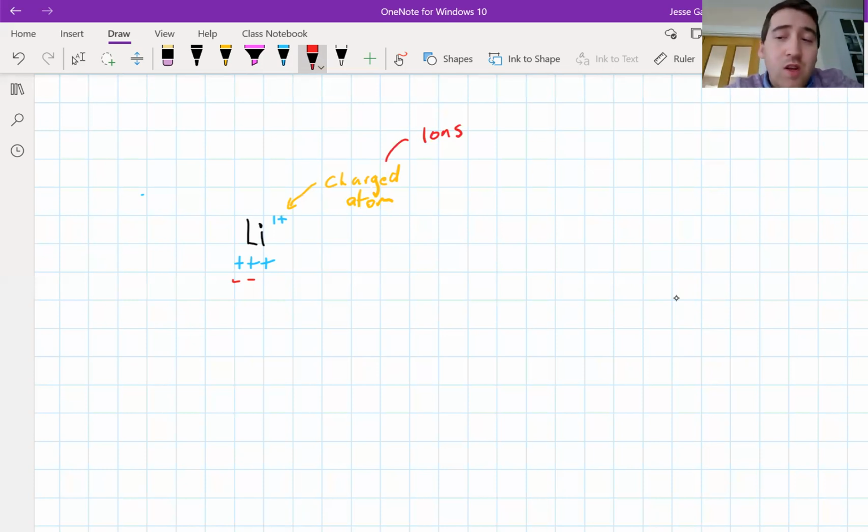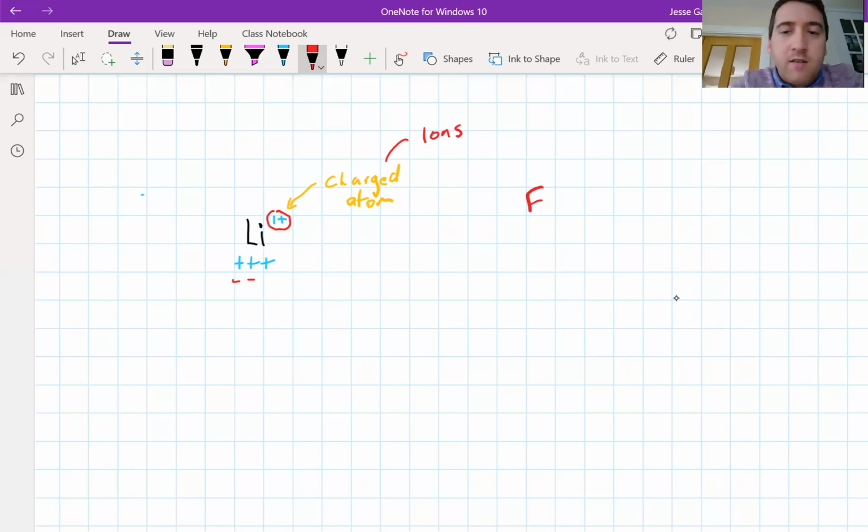The most common mistake I see people make is that when they see this 1 plus, they think that means plus 1 electron, that it's gained 1 electron. That's not what it means, of course. We know it actually means the opposite. It's lost 1 electron. So if you're ever not sure when you see the sign, say you see F minus 1,